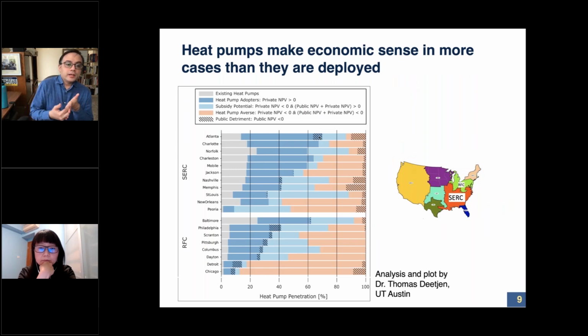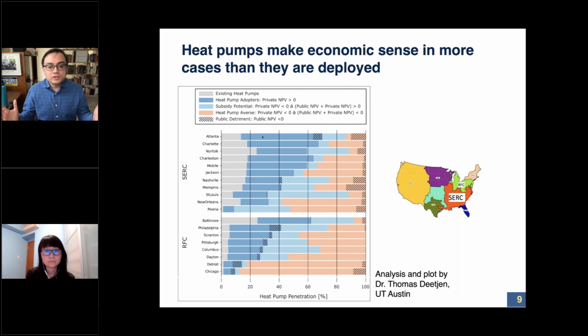Now, as I said, those results were for the average housing stock. The news is much better once you account for the diversity in the housing stock. This is the same map that you saw. This is the analysis for a number of cities in the south, the SERC region of the electricity grid, and RFC. If you run this analysis for a representative sample of the housing stock, you end up with houses where you already have heat pumps, houses where heat pumps actually save money, houses where heat pumps save money but produce public damages, houses where heat pumps actually increase people's energy bills but produce a public benefit, and then you have houses where the heat pumps produce a net